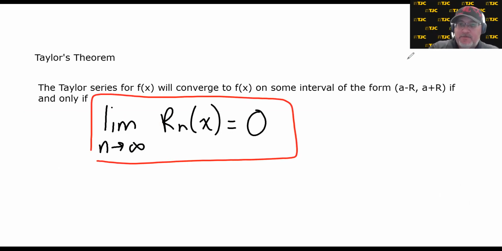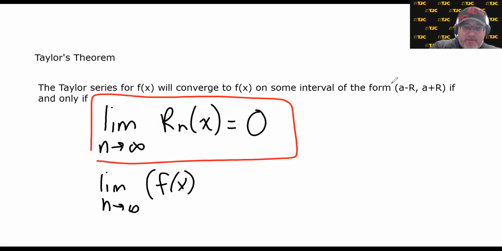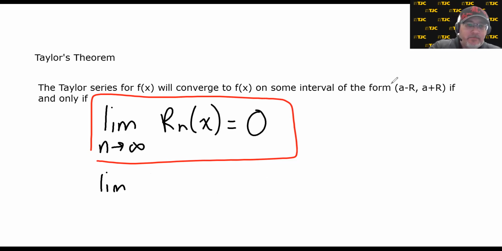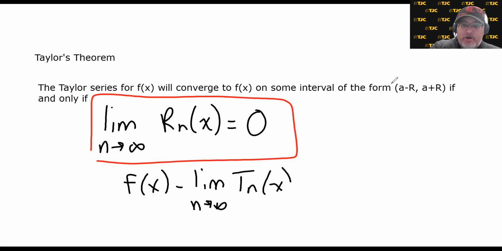which makes perfect sense because if you think about how Rn is defined, it's literally defined as f of x minus Tn of x. And so we're saying if and only if that. But the function is independent of n, so we can just not worry about the limit on that guy, and we can just put the limit on the Tn. So f of x minus the limit as n approaches infinity of the nth Taylor polynomial, that limit is equal to 0. But if we add the limit to the other side, it becomes positive,